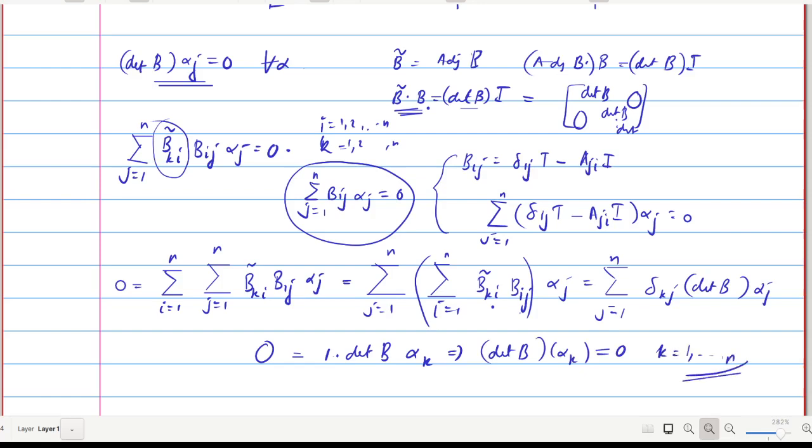Okay, so this proves determinant b of alpha j equal to 0 for all alpha j. So this shows that determinant b is a 0 transformation. Consequently, f of t is a 0 transformation. This proves the Cayley-Hamilton theorem. This is a very important named theorem. With this, we can conclude section 6.3. In the next class we will discuss section 6.4, invariance of spaces.